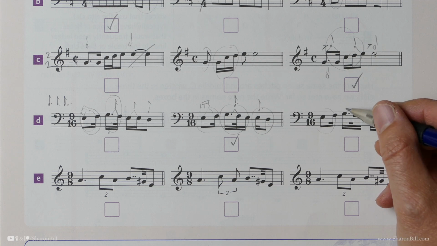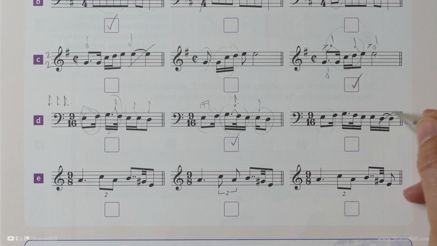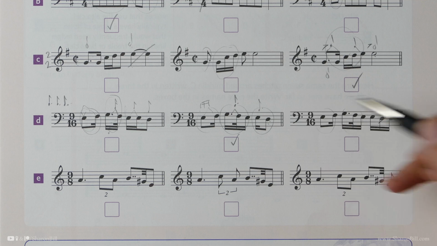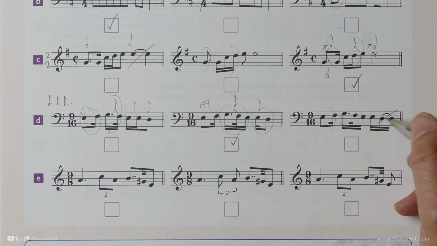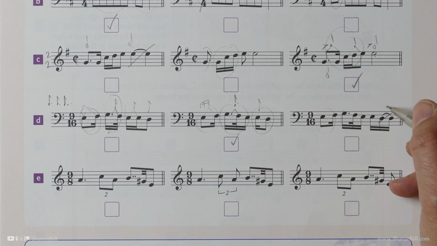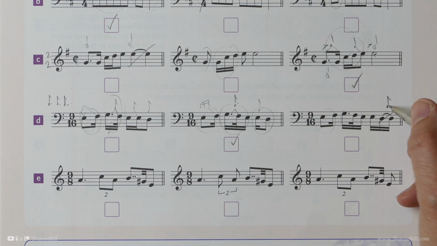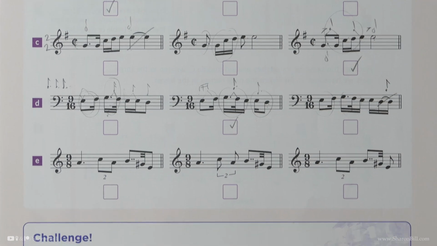That's okay. But then this is unnecessary. We don't need a tie. We just need the quaver. So that's just unnecessarily complicated. That just needs to be a quaver. And then finally,